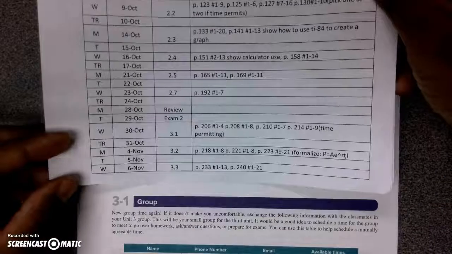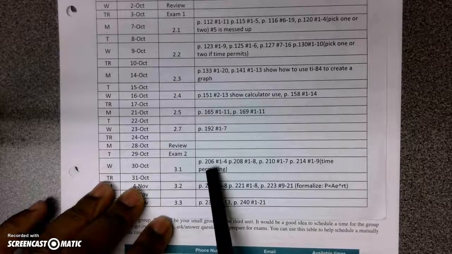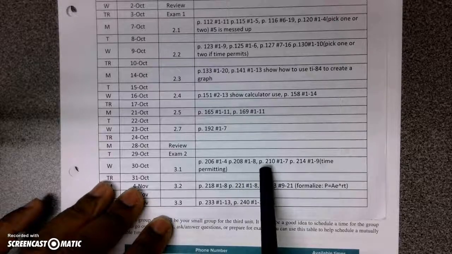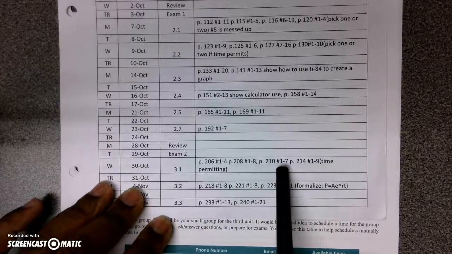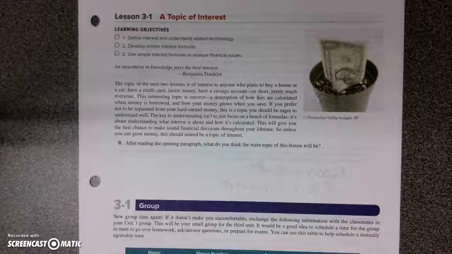As stated here in our syllabus, section 3.1 will be on page 206, problems 1 through 4, page 208, 1 through 8, page 210, 1 through 7, and if time is permitting, we will do page 214 as well. Now, we will flip the page